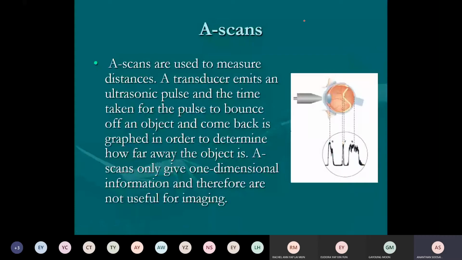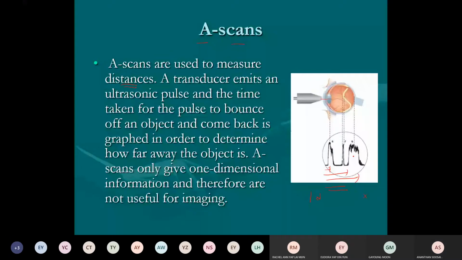Okay, so now ultrasound has two types of scanning: A scan and B scan. Nowadays, I think all are B scan. A scan is one dimensional. A scan is used to measure distances only. You see this picture? They put the ultrasound in your eye. The sound goes into the eye. I think at every layer, the ultrasound will be reflected. You just read the peak value. So the only thing they can interpret from this image is how deep the layer is. But what is the shape of the layer? They can't figure it out. They only know how deep it is.